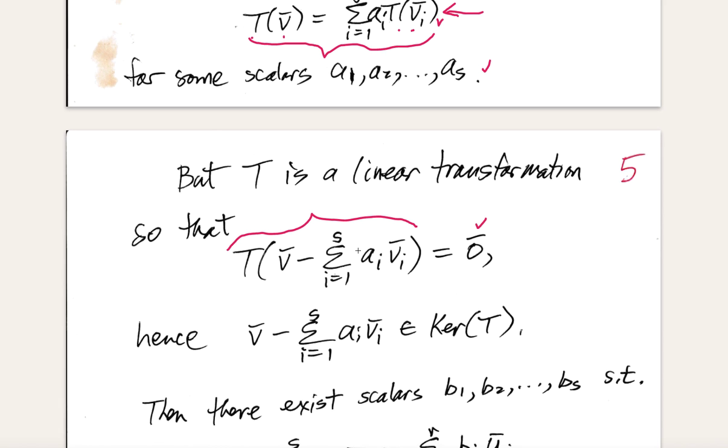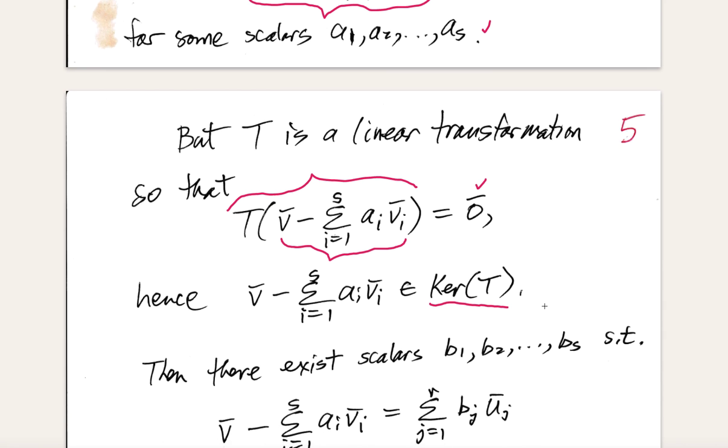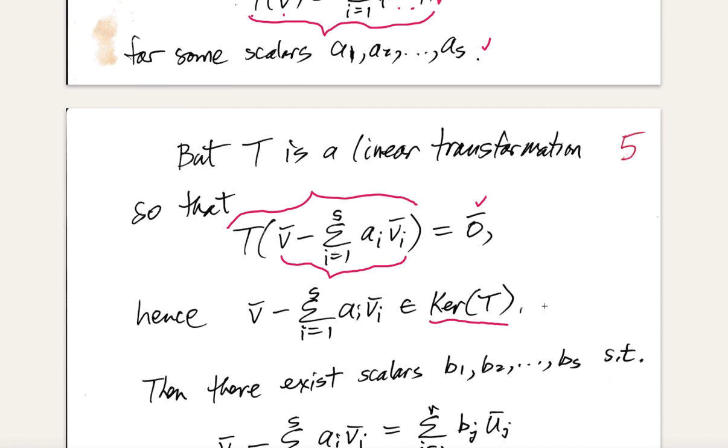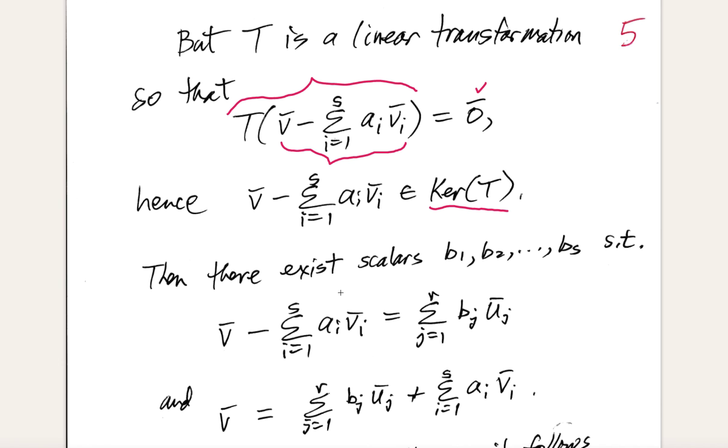But wait, this vector is certainly in V. I mean, the vector that's inside the parentheses there, that's certainly a part of the cap V subspace. T of that vector is 0, so what can we say about that vector there? This vector has to be part of the kernel. Alrighty, so let's keep that in mind there. Now, since it's part of the kernel,